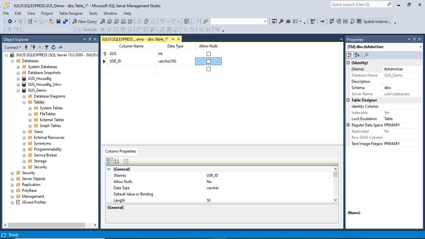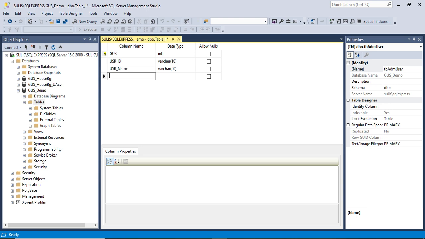Okay, the data type is string, varchar 50, and name. Maybe for user ID not too long, okay, then it's enough.